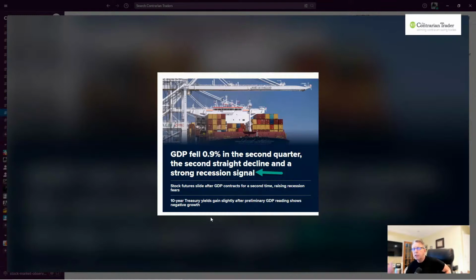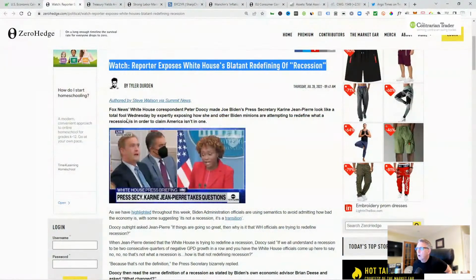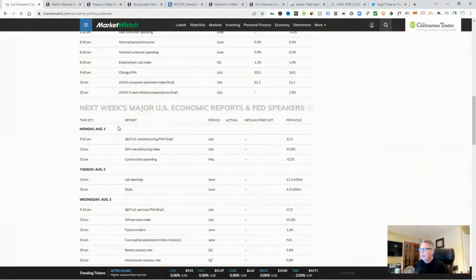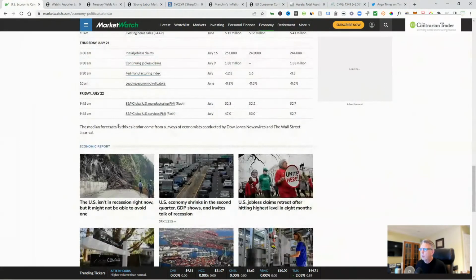The path of least resistance, despite the earnings this week, a lot of it was bad, but you got a dead cat bounce on the left. That's why I think short term we're going up higher. Longer term, we're going lower. So how do we know? How did I know? A month ago, I was saying we're in recession. How did I know? Well, even last week, if you went to the